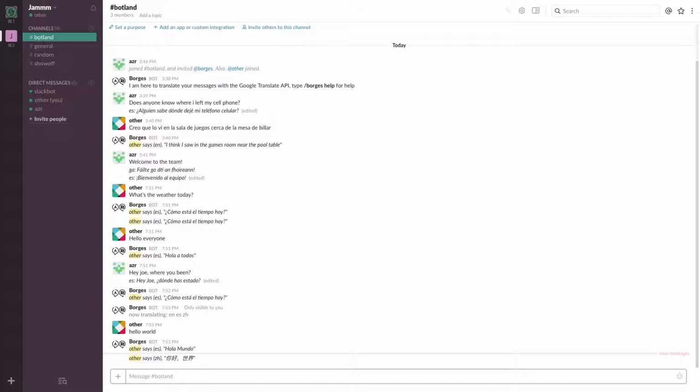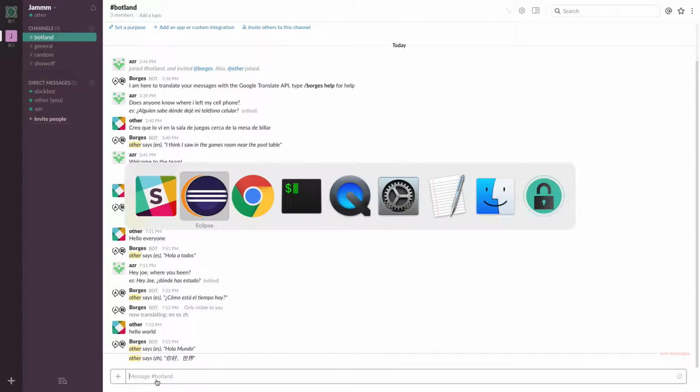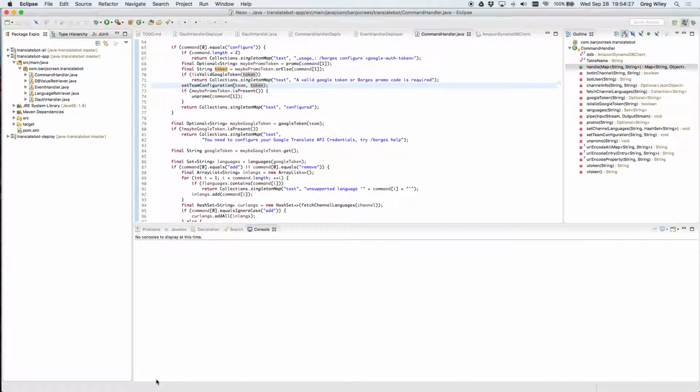So I'm handling... Sorry, how do you keep state of all the languages that you currently set up? I will show you. State. Yeah, it's interesting. So this is not stateless. This is serverless, but it does have a persistence backend, and I'll show you that in a second. So talking about the command handler, this handles the /commands. It's all done in this little thing here.